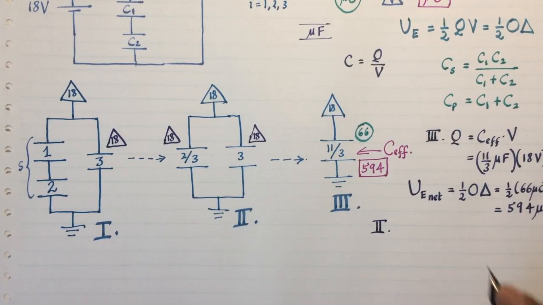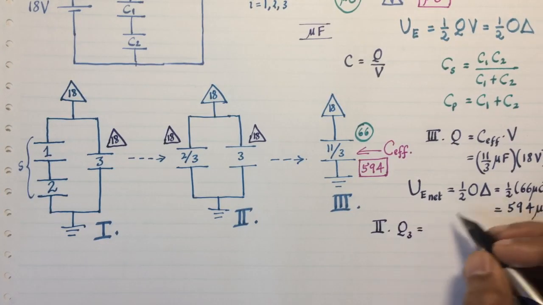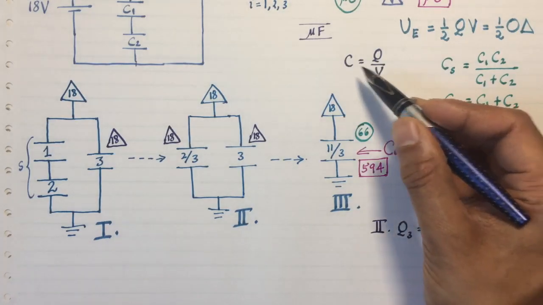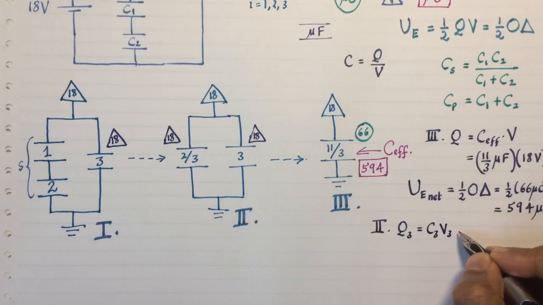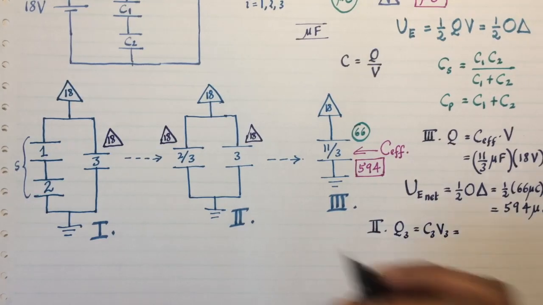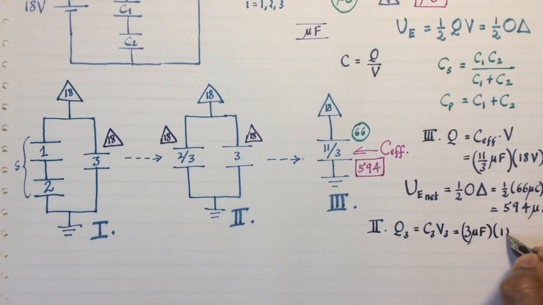So here I can find the net charge Q3 by the equation. It's C3 times V3. Well, the capacitance is 3 microfarads and the voltage is still 18 volts. So that's 18 threes are 54